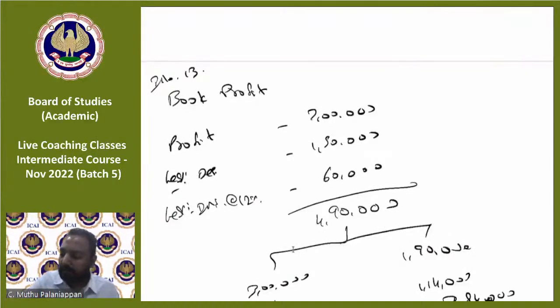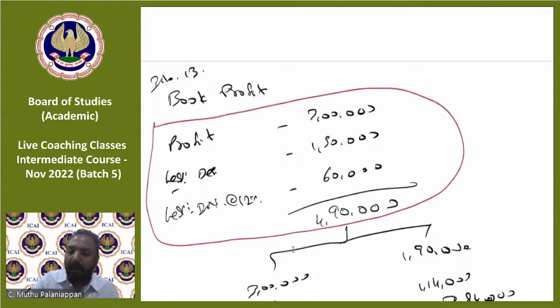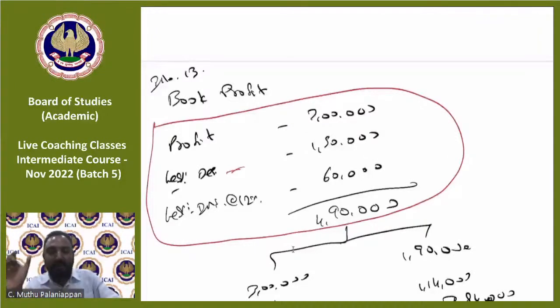So you first calculate the book profit and then work out the rest. You need not write anything like provision on book profit. When you're writing this book profit, you'll have to write it a little detailed. Depreciation, if you know the section, depreciation under section 32. Otherwise, just write depreciation. Interest, if you know the section, write interest under 40B. Otherwise, write interest at 12% on 5 lakhs. You can write it like that also. So you have to write the description as much as possible.